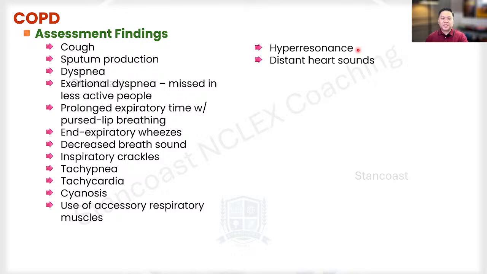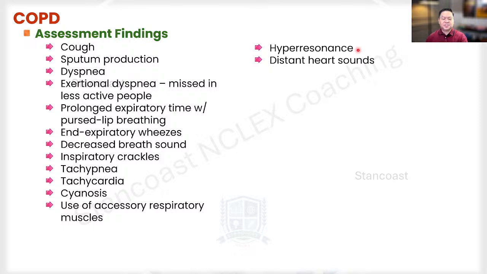And when you're auscultating for the heart sounds, because of the increasing rib cage in the emphysema patient, because they are going to try to accommodate that chronic enlargement of the alveoli, the chest will end up being larger. So when you're auscultating for the apical heart sounds, you're going to have this distant, somewhat muffled, but more often distant heart sounds.